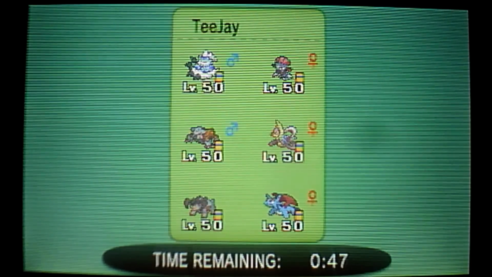Terrakion. Okay, so Scizor's nice here, but I need something to cover the Heatran, so I think I want Cresselia as well. Cresselia and Scizor. But do I want Lopunny in this game? This is what I have to try and decide a lot of the time, actually. I'm going to go with